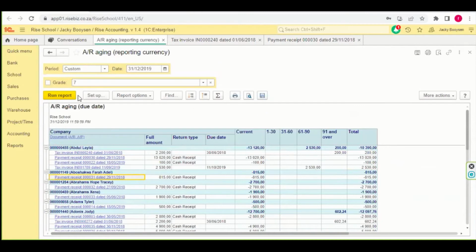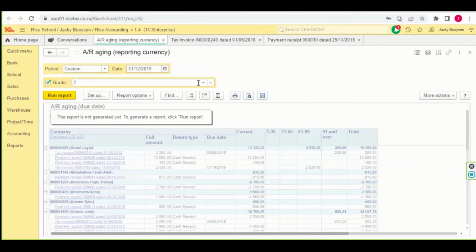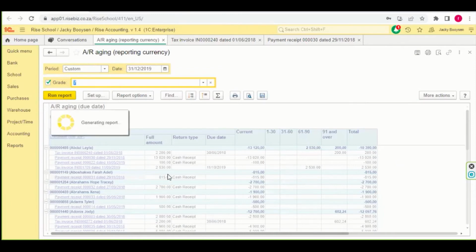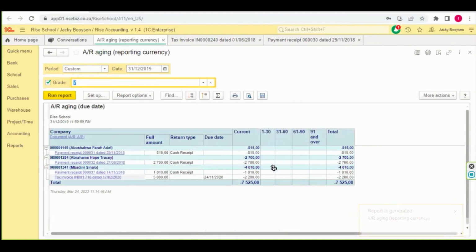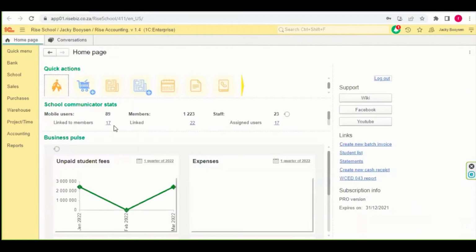If you just want to go per grade, you can select a grade and rerun the report, and it will just give you the people in that grade. So you can choose it per grade, or use it to go through your whole age analysis. Now, the one that's interesting is the 043 report. Our next point,